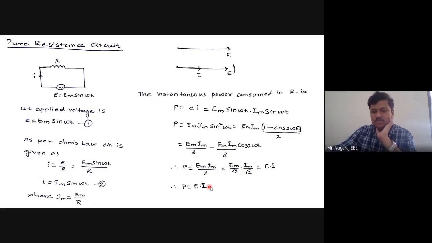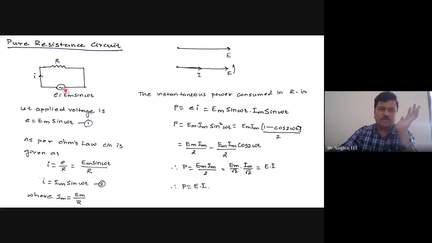So this is the total power consumed by the resistance. We know that whatever power we are giving from source to the resistance, completely it is consumed by the resistance. Power consumed by the resistance means what? That power is drawn from the source and gets converted into heat. Power consumed is nothing but work done. Now, what is the work done by the resistor? A resistor always dissipates heat. So that is the work of a resistor. The work of a resistor is to carry the current and produce heat. That is the work. So the work done by the resistor is complete.